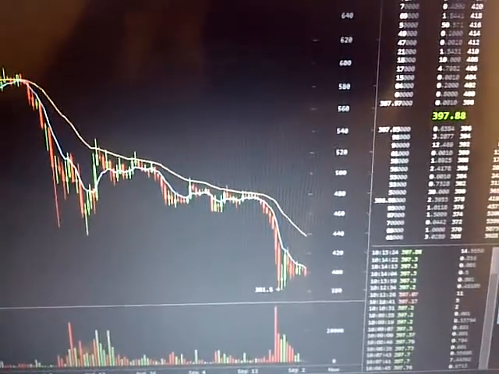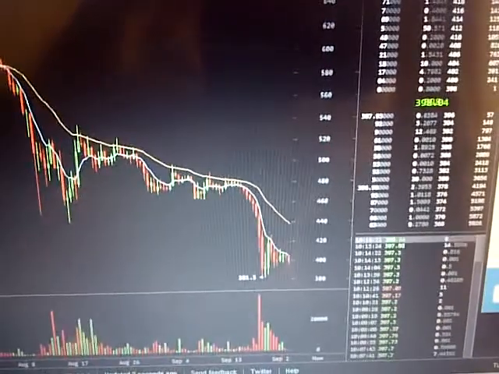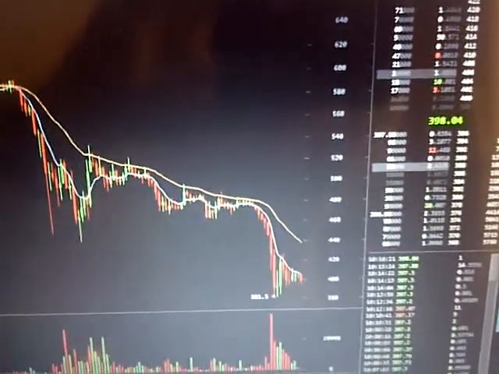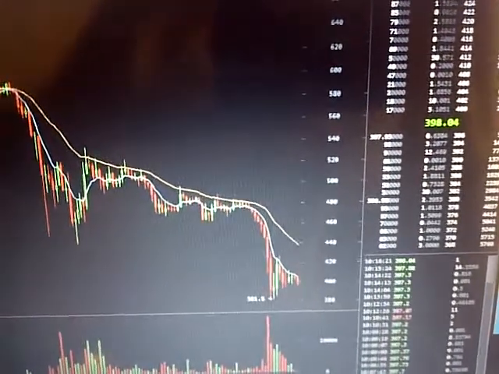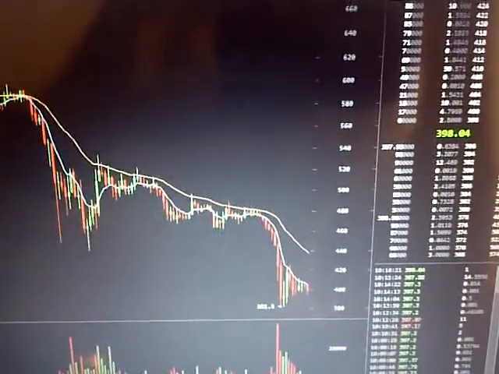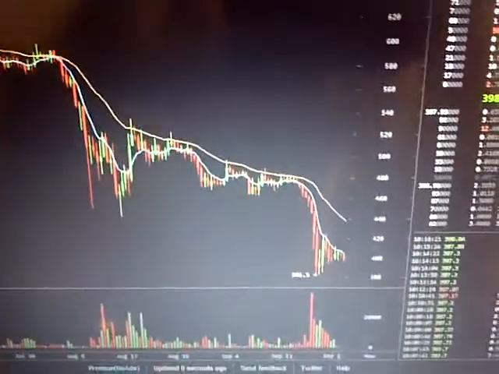Now, this is a very, very common thing to do. If you haven't already been doing it, you're probably going to start doing it, because this is a great way to reduce your tax liability. The trades that you make that are gains, show them as gains all throughout the year, right? Now, depending on when your